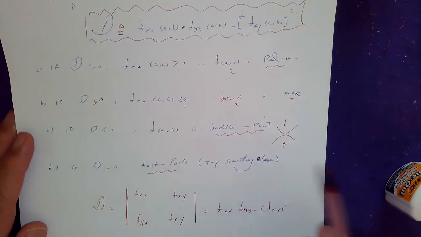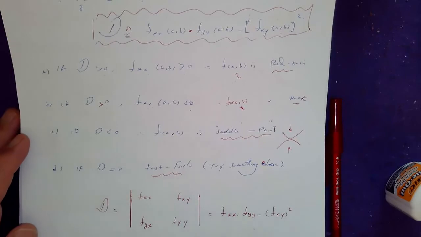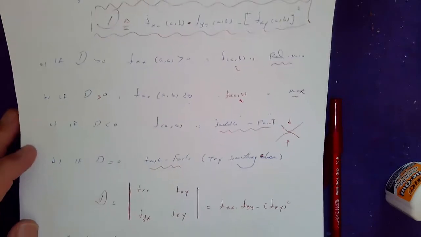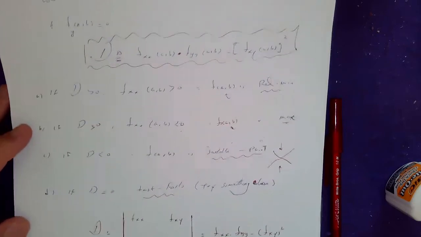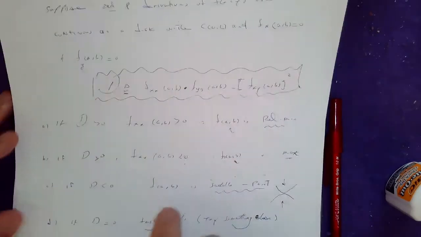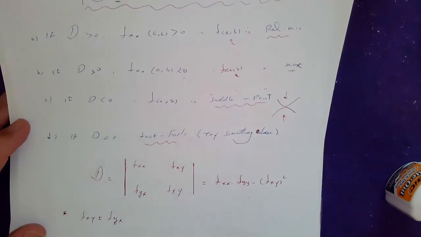What do you mean by try something else? Well, graph the surface and see by inspection if you can tell what the relative maximum or minimum value of the function is. The reason they chose the letter D is because D stands for determinant. So this is a 2x2 determinant whose components are the second order partials. So the main diagonal elements are